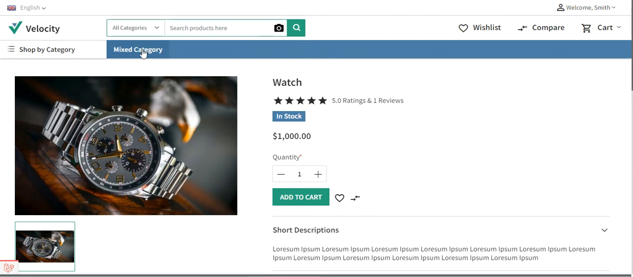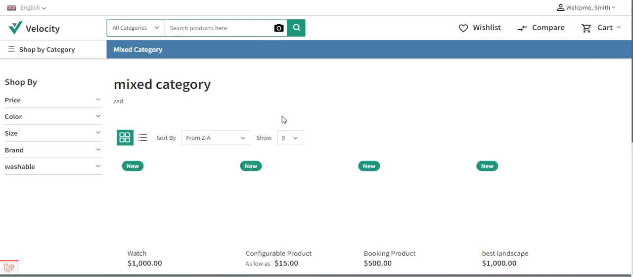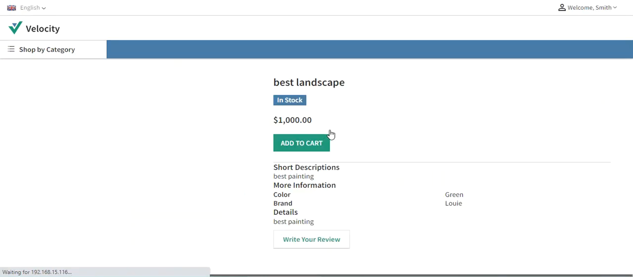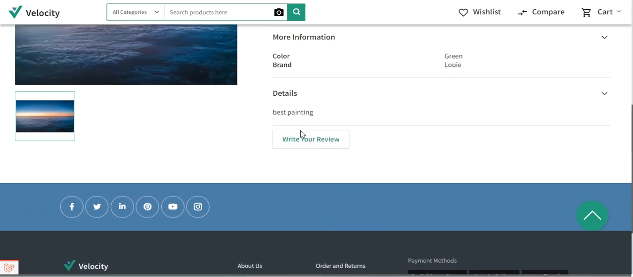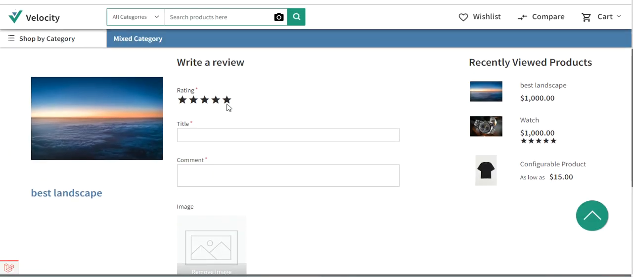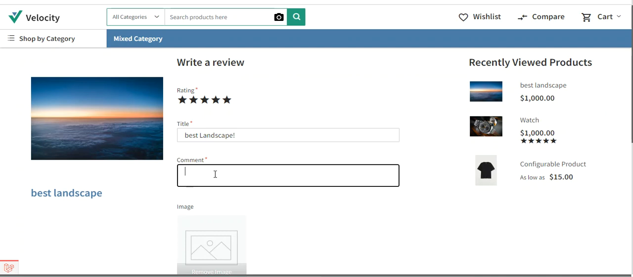Now let me show you how the customer would be able to give a particular review on a particular product. So for example, let's go to this best landscape product that we have, and let's write a review by tapping here on the write your review button on the product page itself. Now here we have to give the rating, so we can give the rating as per our own requirement there. We can set the title, for example, best landscape, kindly purchase the original product by the seller,